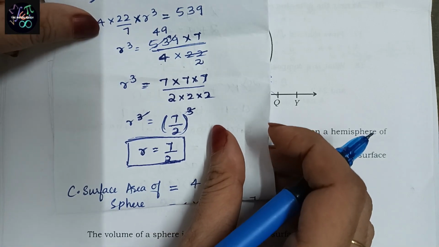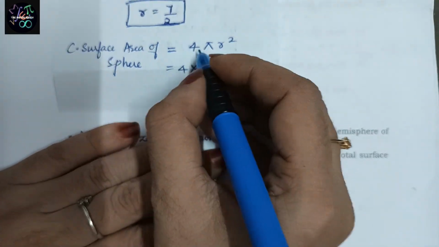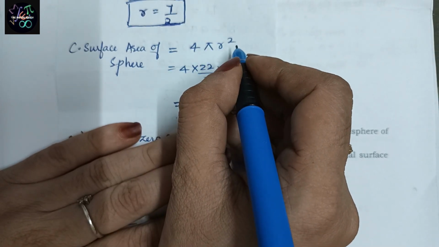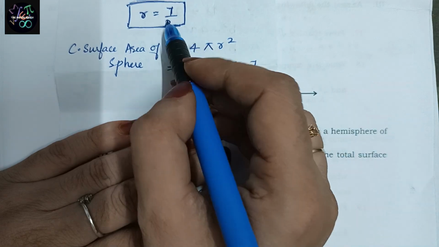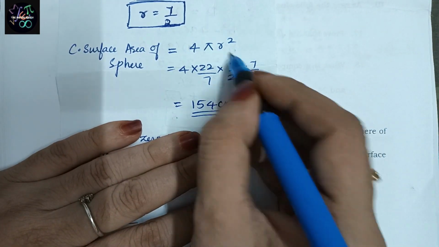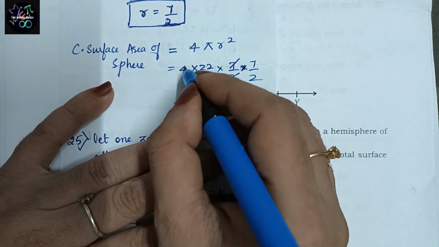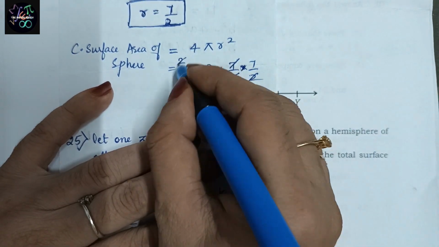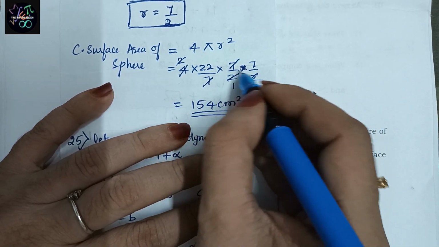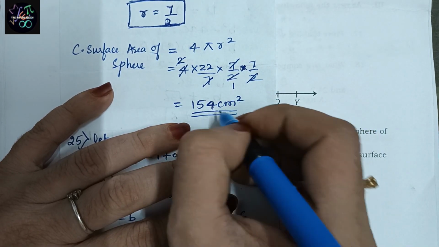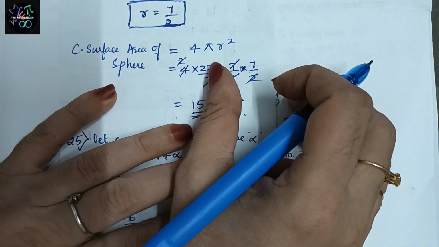Now they have told us to find the surface area of the sphere. Okay. So surface area of sphere is nothing but 4 pi r square. That is 4 into pi value 22 by 7 into r value, just now we got 7 by 2, 7 by 2 into 7 by 2. Why? Because r square. Now let us cancel. 7 got cancelled. 2 1s are 2, 2 2s are, this 2 and 2 got cancelled. What remains? 22 into 7, and the value of 22 into 7 if we multiply we get 154 centimeter square. Why centimeter square? Because surface area. Okay, let us see the next question now.